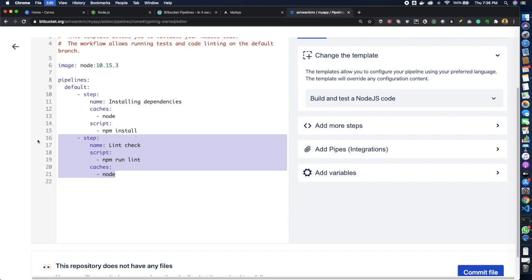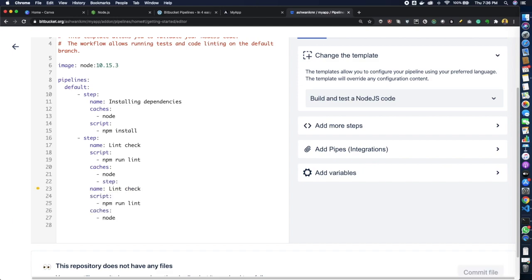Now in the last step, I will just copy it and create a new step to build the project. So I will name it the build. The command would be npm run build.